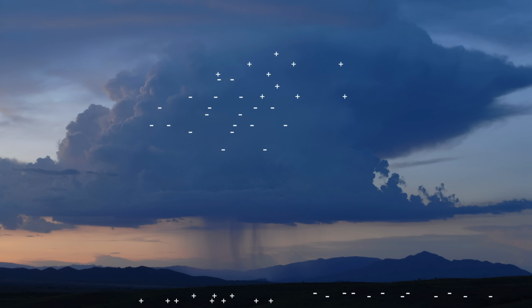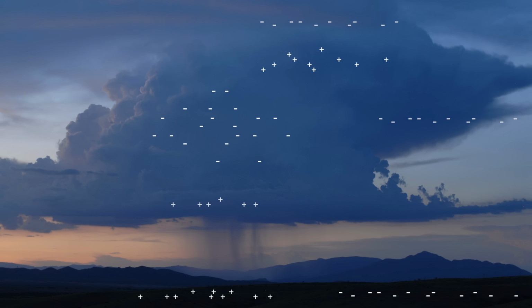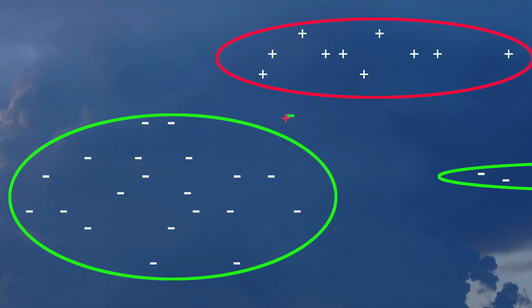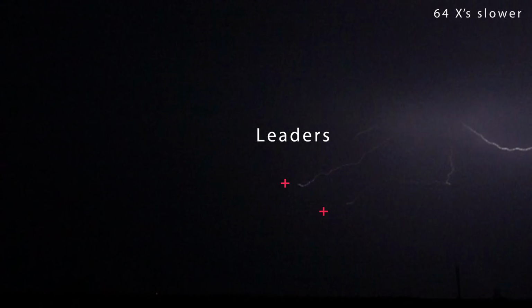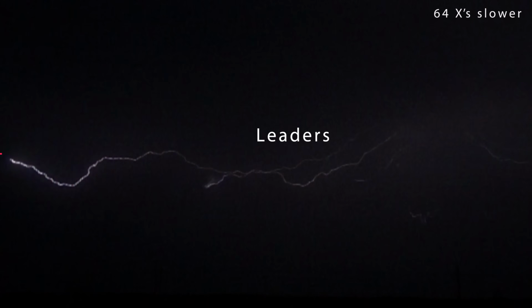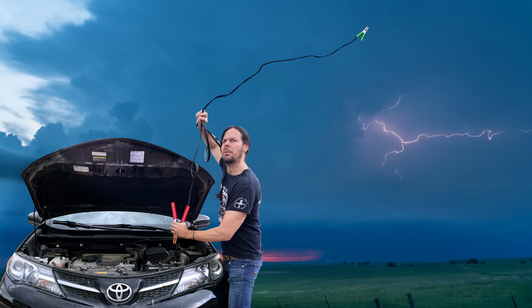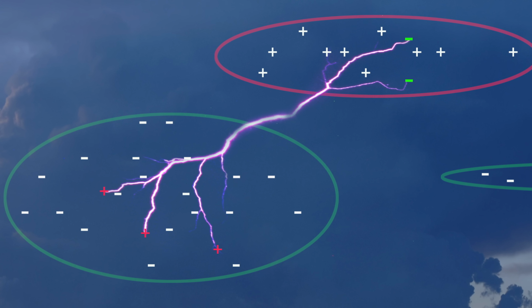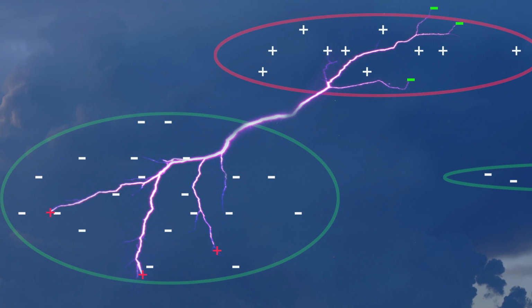Thunderstorms have the ability to separate pools of positive and negative charges in and around them, thus creating powerful electric fields. Lightning is born between two oppositely charged regions, as a network of electrically conductive channels called leaders materialize and begin to tunnel a path through the poor conductive air in between. Think of leaders as a sort of jumper cable. The leaders branch out in two directions, each with opposite polarities toward both regions in an attempt to neutralize the charge